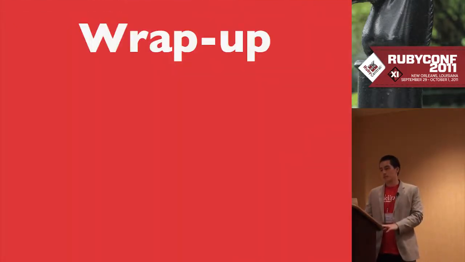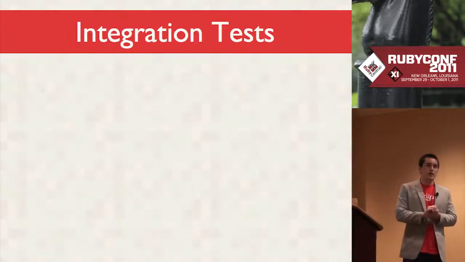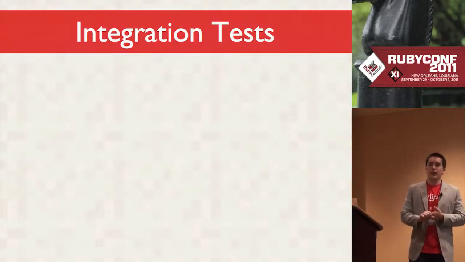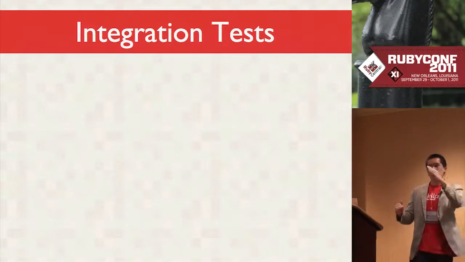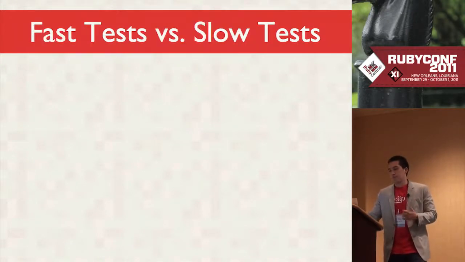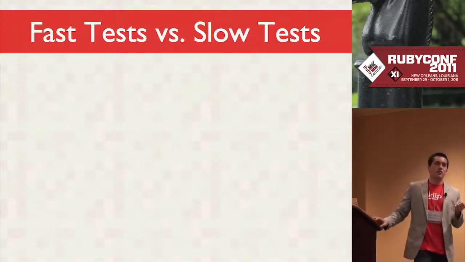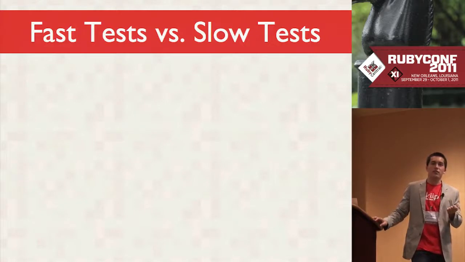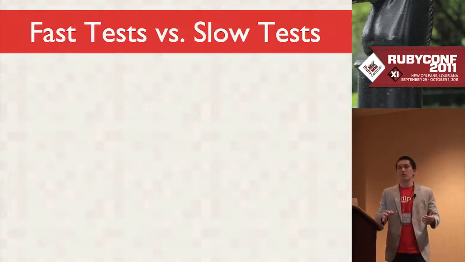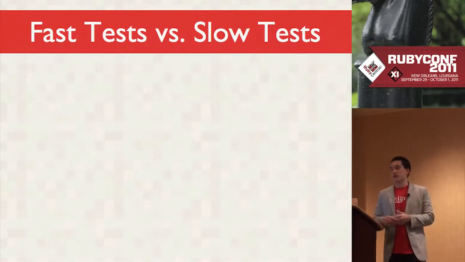So to wrap up, integration tests, write them first. You get a huge value initially, and then the value trails off, and then unit test value starts to rise. But write integration tests first, then move down to a lower level. Fast test versus slow test. Establish a subset of your tests that test every part of your system that are fast enough to run before every commit, and do that, and move your whole test suite off to a CI.